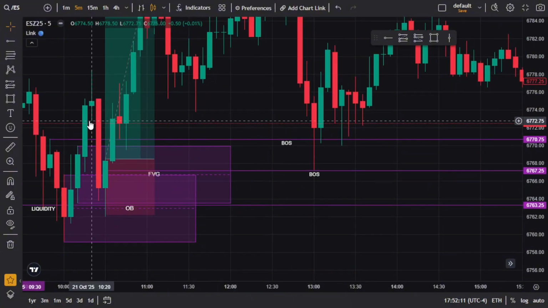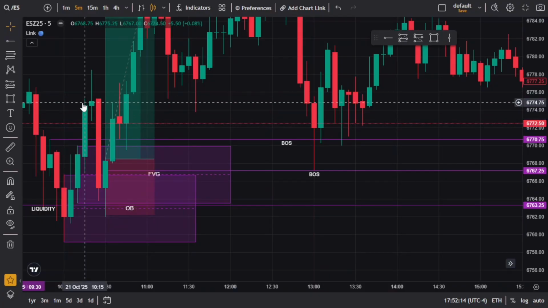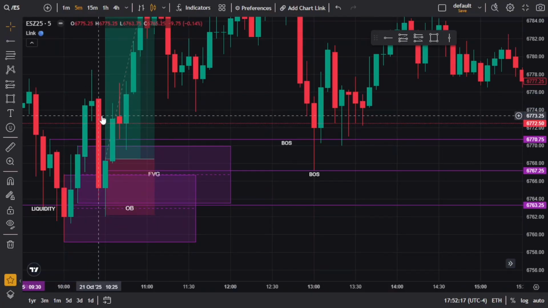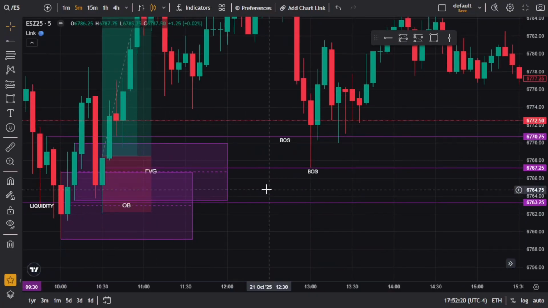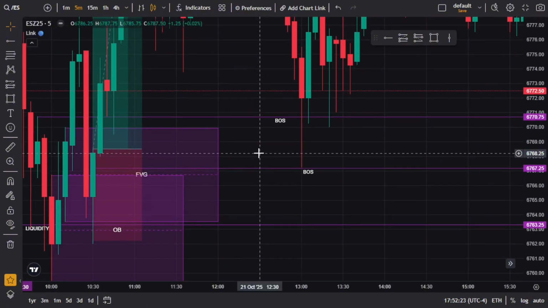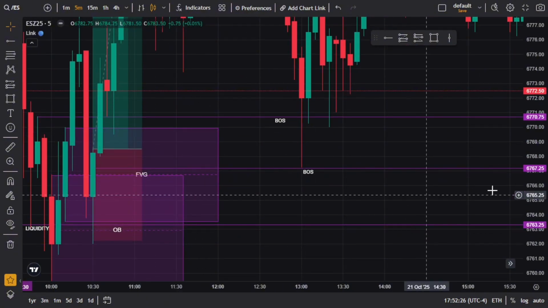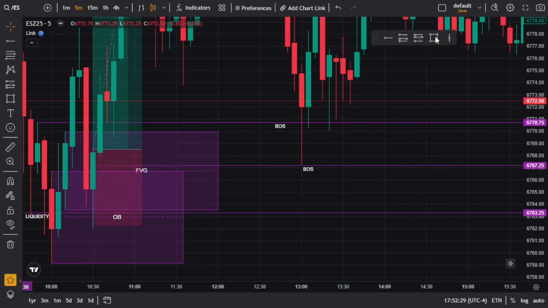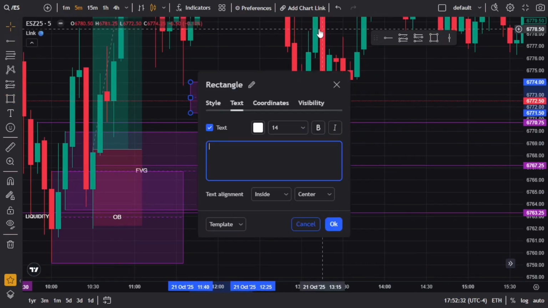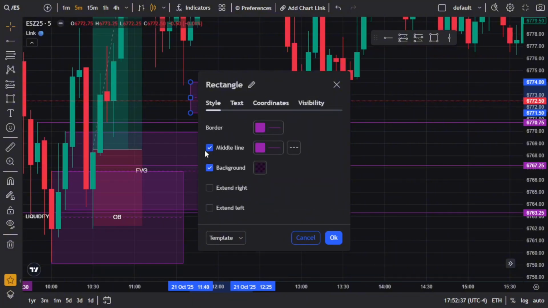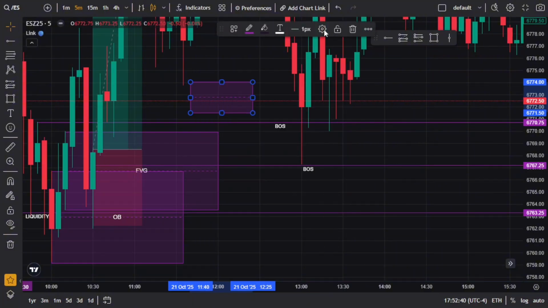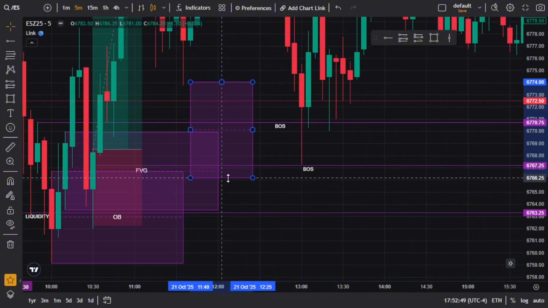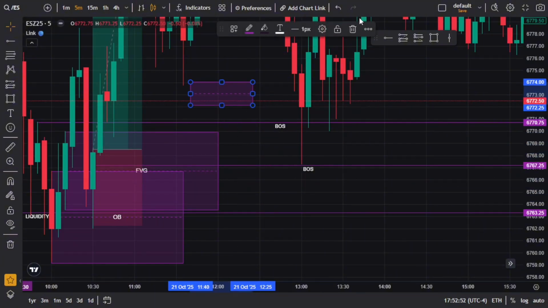What price did was close this candle, and we're going to wait for a candle closure to come down into these zones we marked out, right? And normally there's a little line. See, my settings are different. Let me show you how I have that setting set up. Settings, Style, Middle line. Mark that off. Basically what that's going to do is create a dotted line. It's going to cut the rectangle right in half for you.